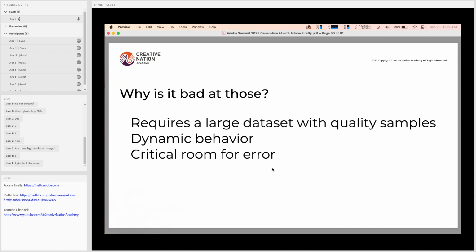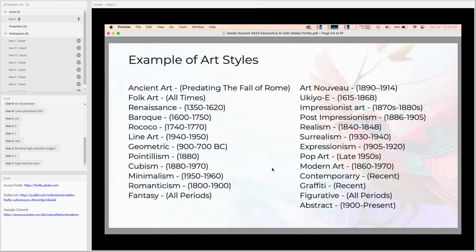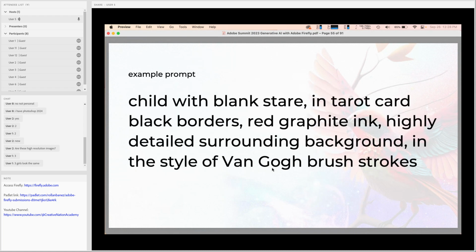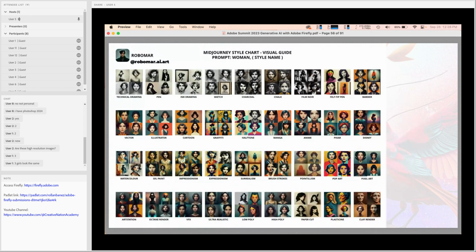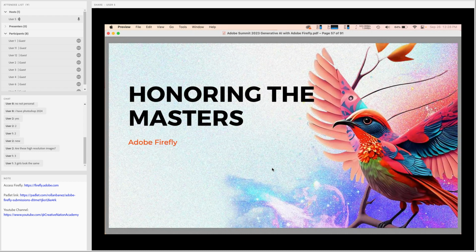Okay, so I'm just going to browse here. Just type these types of tips for your students learning the art styles. Like examples of art styles, they will have much more appreciation of the styles that they want to check. As you would see here, there are a lot of them. I'll give you some example prompts here, like this one. And if you want, you can easily check other evolving prompts, like anime, clay render, low poly. And at the end of the day, it's about honoring the masters that came before us, as you would see here.